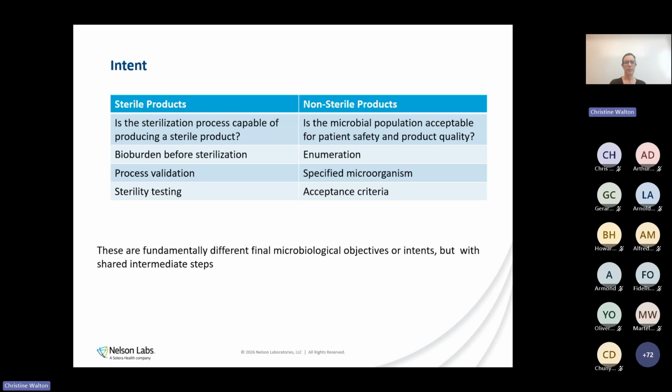So again, that's where some of that confusion can come into play, that while the sterilization path might include a bioburden prior to sterilization, that's going to look very similar in its potential results and recovery as an enumeration step in a non-sterile pathway. But again, the intent of those end tests are going to be different. So the bioburden might support the process validation, as opposed to maybe non-steriles are going to